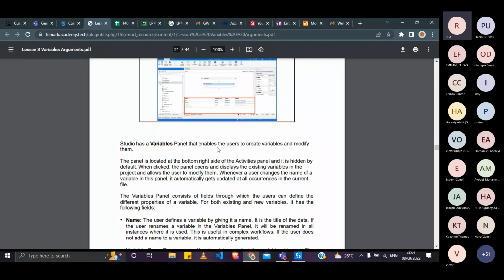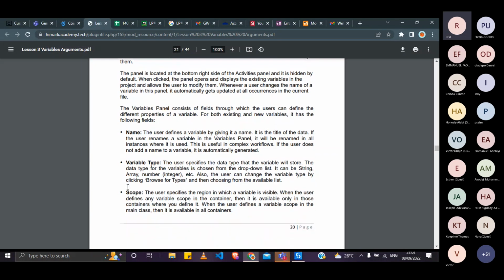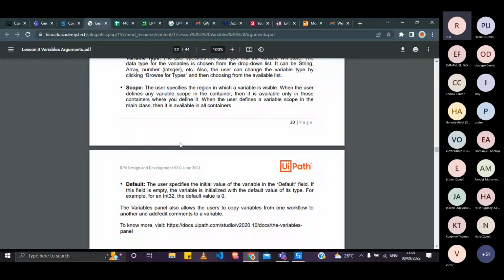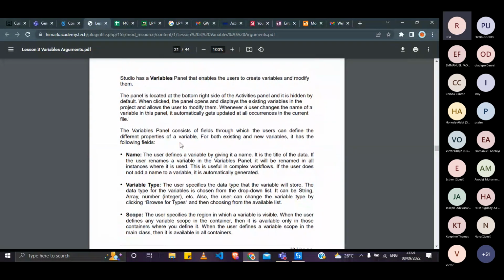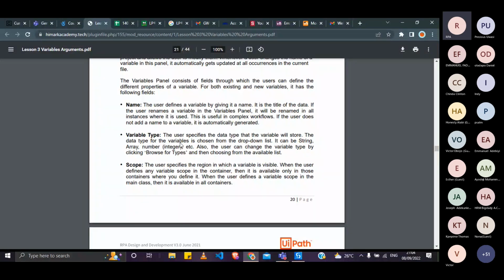And then it has fields for the properties of the variable, such as name, variable type, scope, and default. I think you all know what these 4 things mean. Name, the variable name, it has to be unique. Variable type is what type of